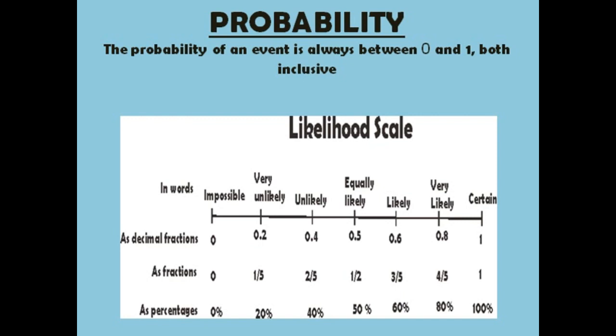Depending upon the chances of happening, an event may be described as impossible, very unlikely, unlikely, equally likely, likely, very likely, or a certain event. In this likelihood scale, an impossible event is assigned 0. Equally likely events are assigned 1 by 2 and a sure event is assigned 1. Now let us start learning the basics of probability theory using a mathematical perspective.